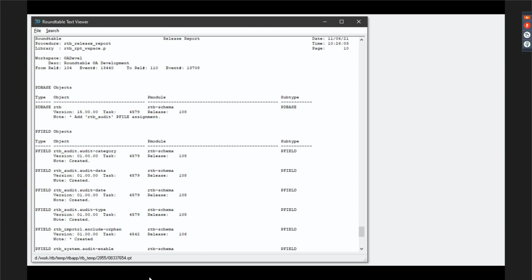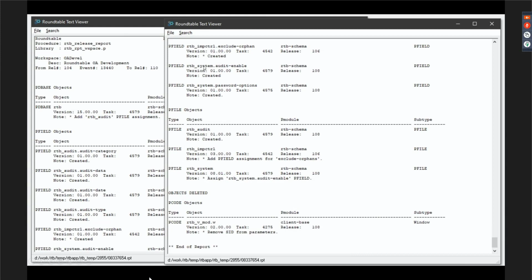So Bobby quickly pulls up a release report, and he's able to point to the right page that says, look, this is the database changes we made. These are the field changes that we made. And you can see all of them, and you can reconcile them back to the actual tasks as needed to ensure that we did what we said we were going to do. Auditors love this stuff. Your boss loves this stuff as well, because you can prove that you did what you said you were going to do.